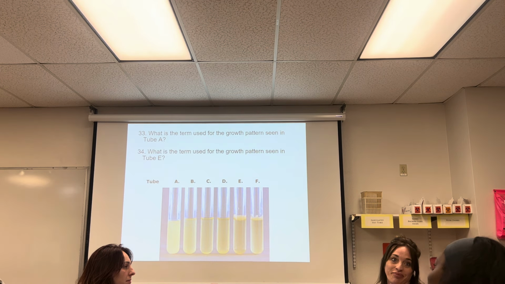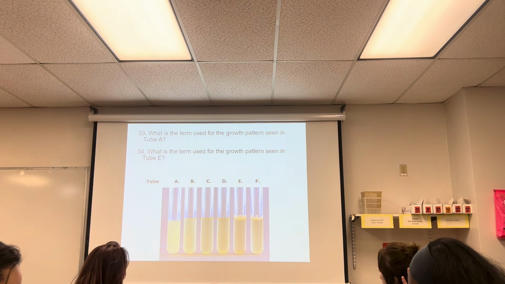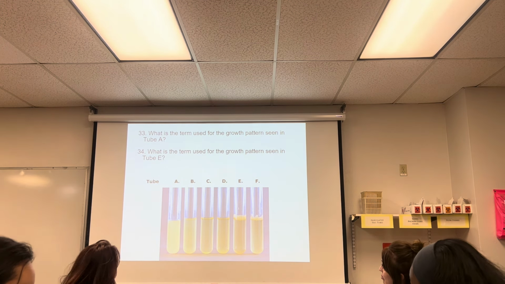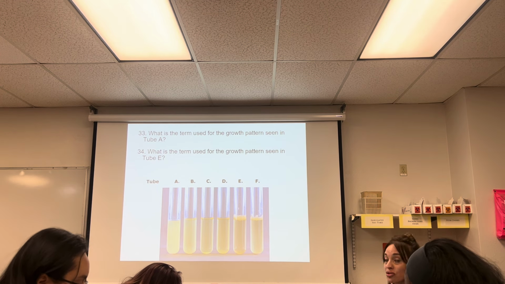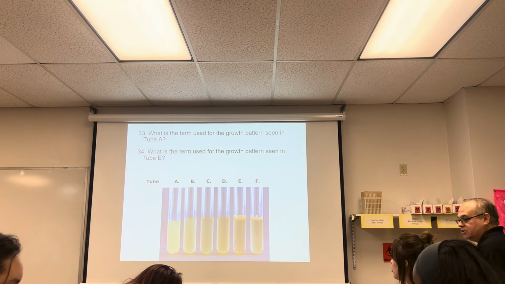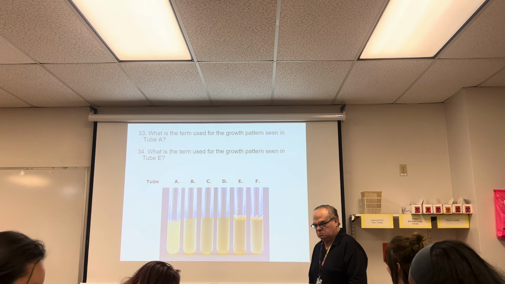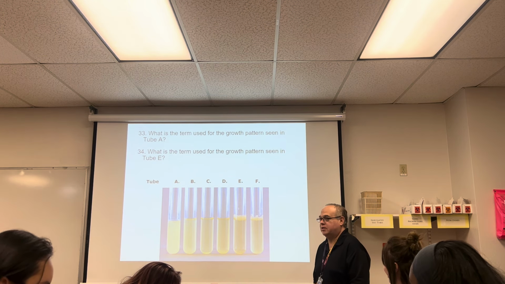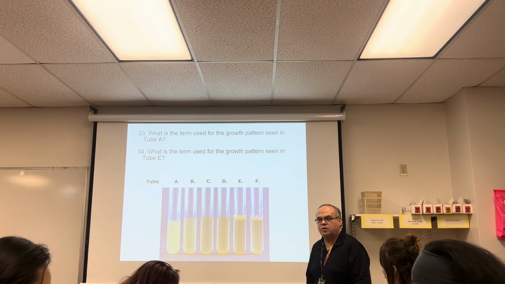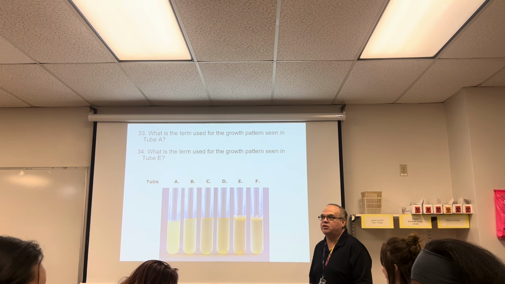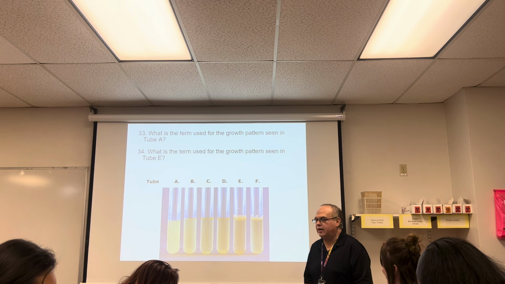Okay, so now this is broth. This is just plain broth, right? So what is the term used for the growth pattern in broth? Turbidity or turbid? That's correct. If you said cloudy, I would frown, but I'd give you credit because that's what it is, except that's just not a scientific term. Cloudy means you're out with your boyfriend or girlfriend, you look up at the clouds and you're all romantic. Oh, it's all cloudy today. Yeah, okay. It's different.